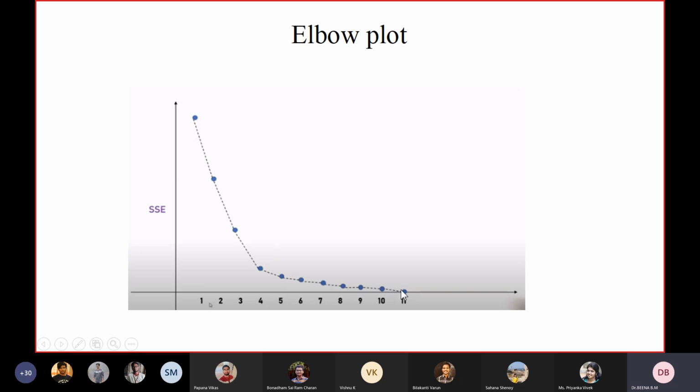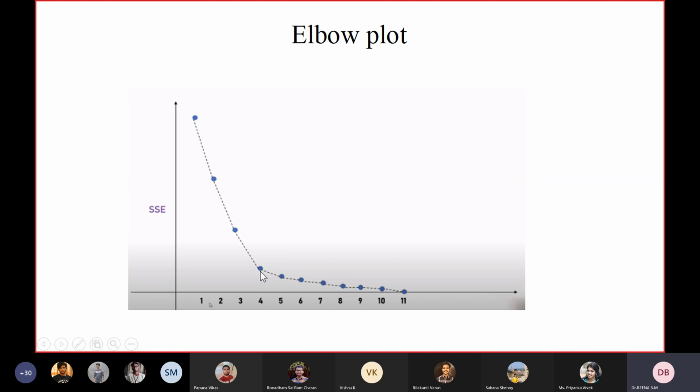Now for this particular data set, how to decide the number of clusters? Look at these data points, look at this elbow shape, and this is a turning point, right? There is a twist here. So what is the best value for k? The best value for k is 4.